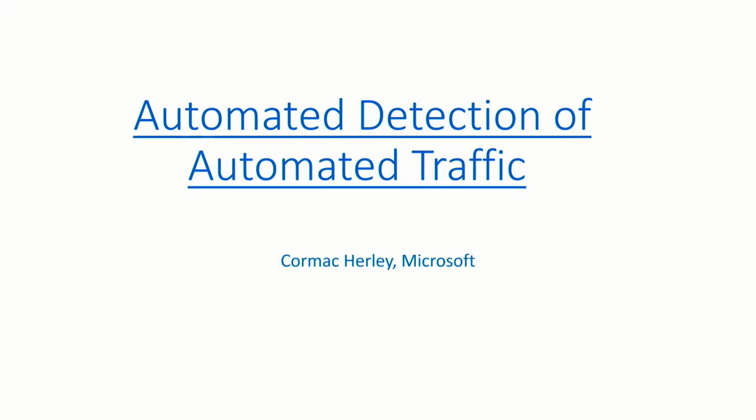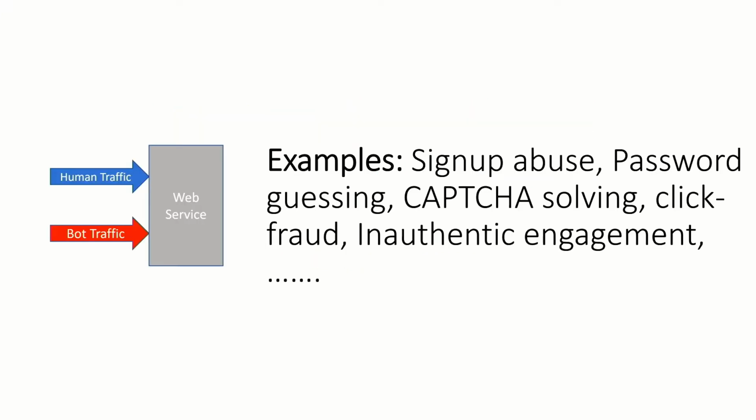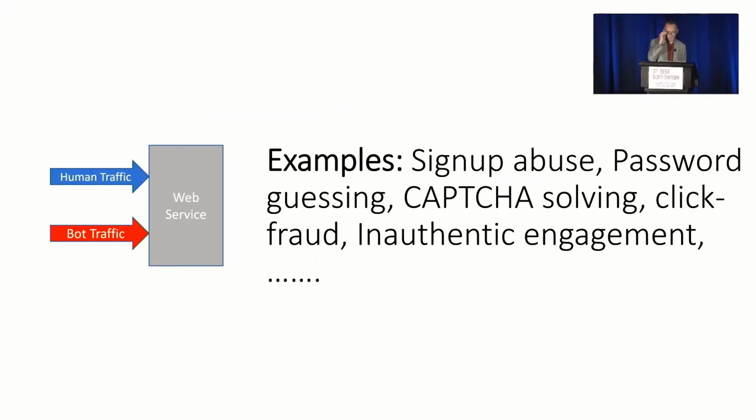So, automated detection of automated traffic. The problem I want to talk about is you have a web service which attracts human traffic, which you want, but it also attracts bot traffic, which is scripted, automated behaviors from bots which try to abuse the service and are not what you intend. A good example would be something like sign-up abuse, where we want people to sign up